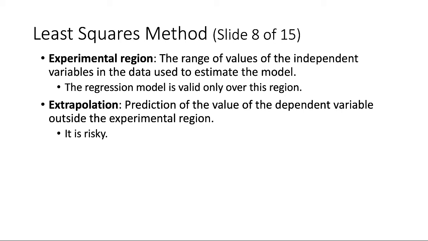It's important to know that the regression model is valid only over the experimental region, which is the range of values of the independent variables in the data used to estimate the model. Prediction of the value of the dependent variable outside the experimental region is called extrapolation. The estimated value of the y-intercept often results from extrapolation. Extrapolation is risky and should be avoided if possible, because we have no empirical evidence that the relationship between y